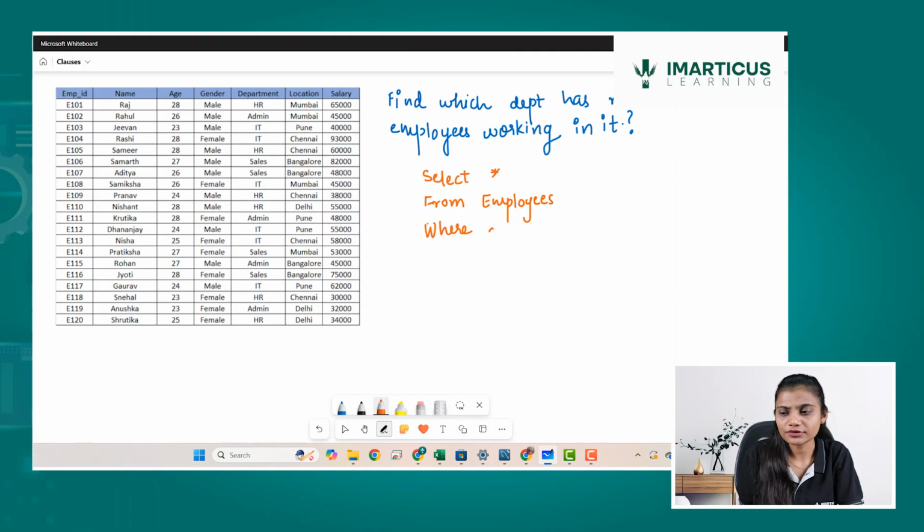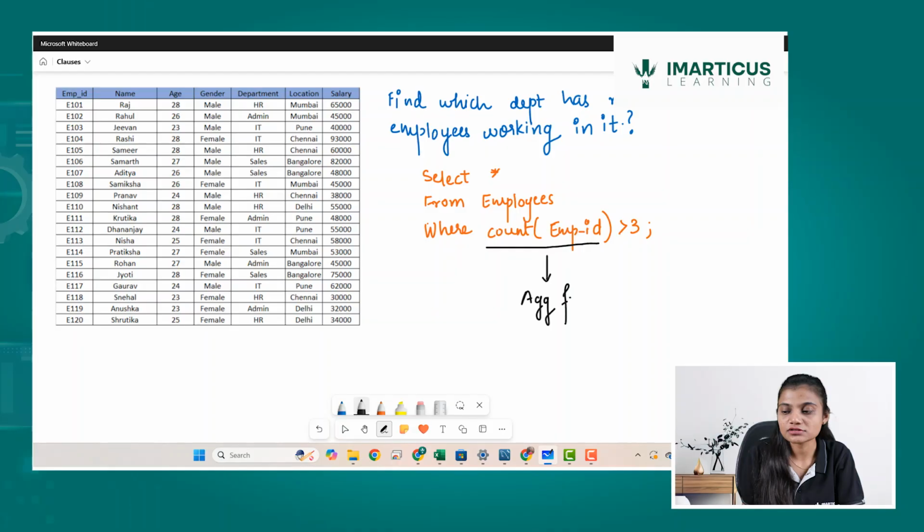So let me try count of employee ID greater than 3. If I write something like this, it is going to throw me an error. Why is there going to be an error? The error lies in one of the criteria you must all know, that is aggregated functions.